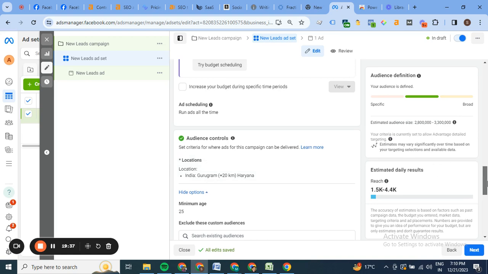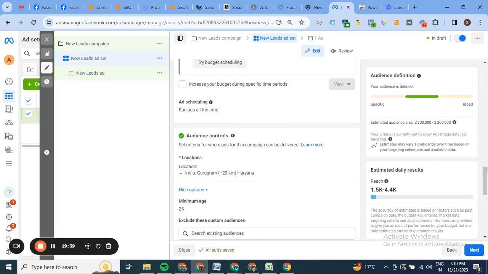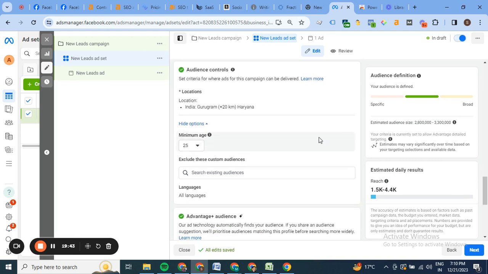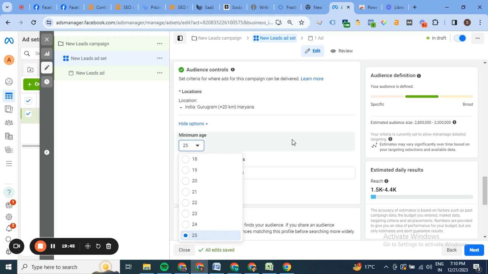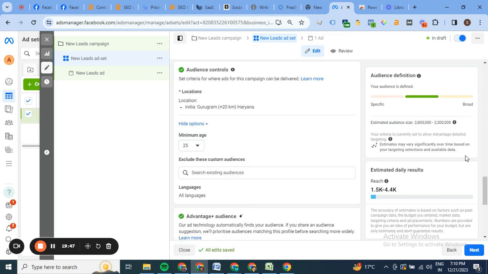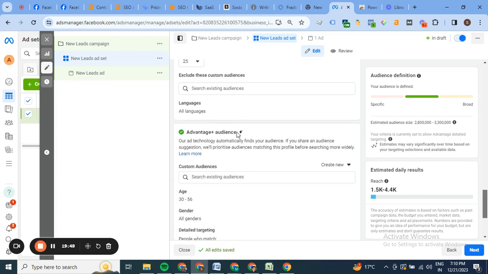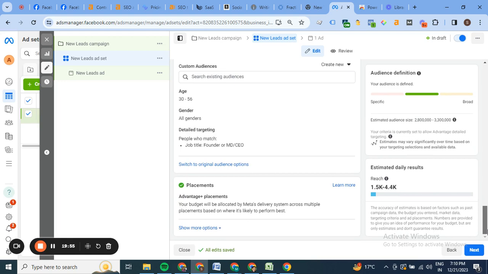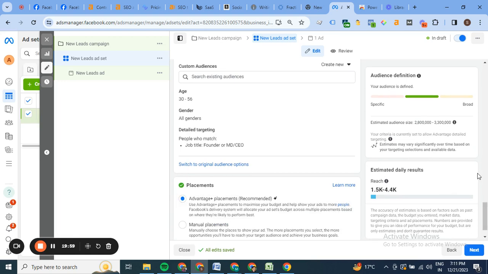Choose location. This is the edit button here. You can give your age here, right? Or you can also go back to the Advantage Plus audience, and that is where you can create the audience, right? There you can choose, here you can choose